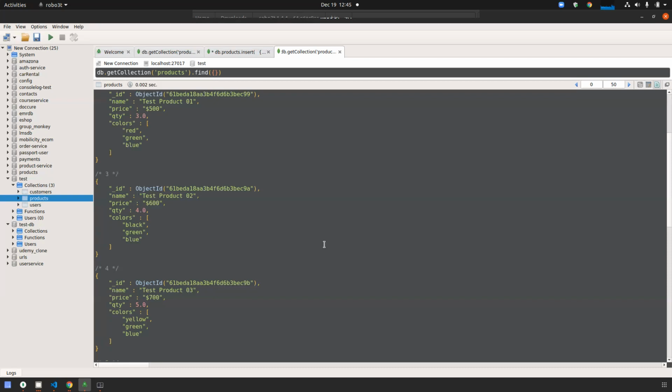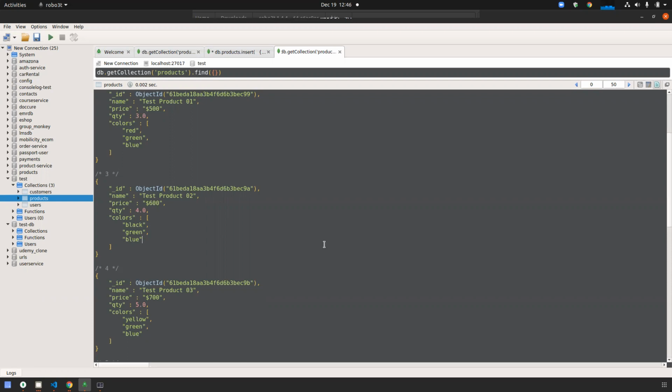Another concept is foreign key. Foreign key means, if I'm considering the order table, meaning the order collection, I already told you that in the order collection we are storing information about the product and the customer. Actually, we are not going to store all that information. We just store the customer ID and product ID in the order table, and with the help of that ID, we map which customer has bought what.